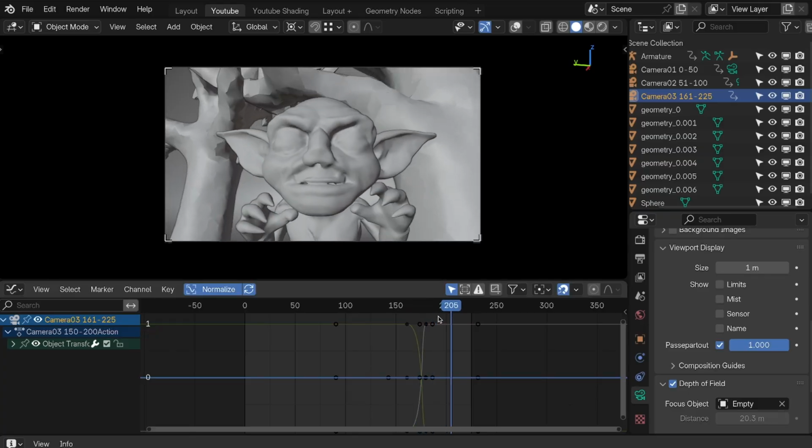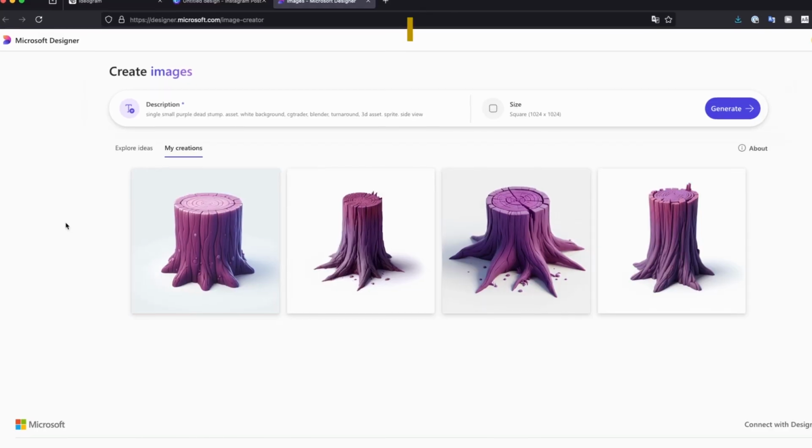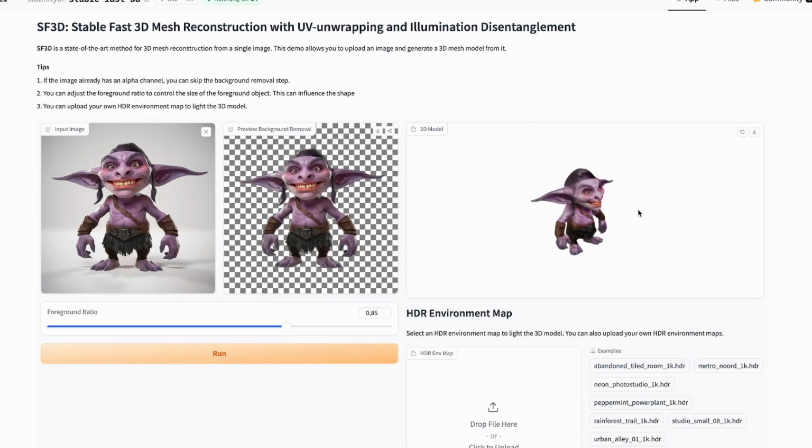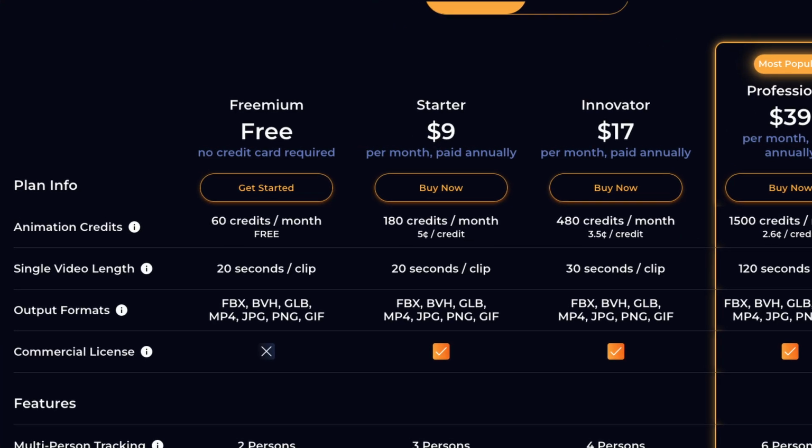Hi guys, today we're making a 3D project where we're trying to use AI to replace every step of the process. Then we'll see how good the AI tools are and see if they can actually replace a 3D artist. And since AI is a very broad term, I will only use tools that use some kind of AI or automation. And it should be able to be used with minimal effort and technical know-how. The tools also have to be free or have a usable trial mode.